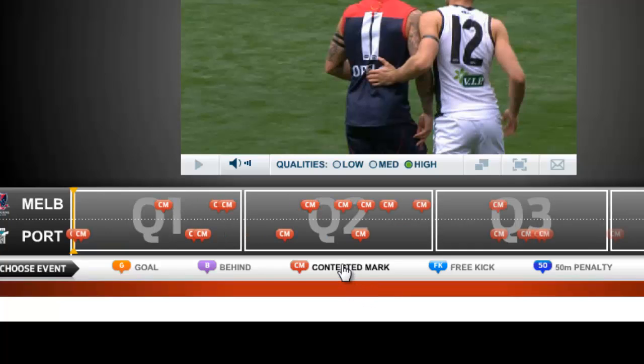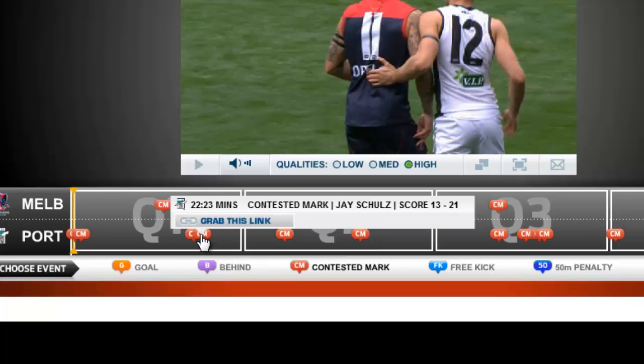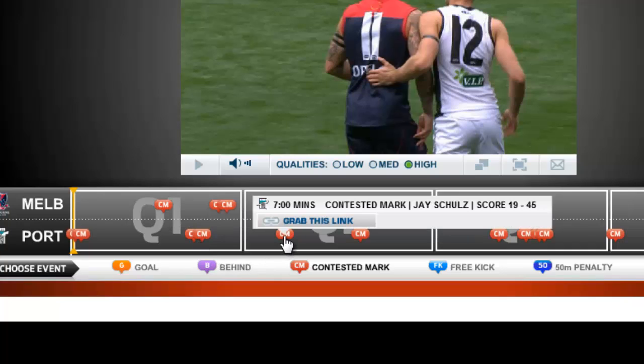So I'll click on the contested mark option, and I know that the one I'm looking for is a hanger taken by Jay Schultz. So you can see here, if I hover over them, it tells me who's taken these contested marks. So there's Jay Schultz, it's in the first quarter. Now I know that this mark actually took place in the second. So if I hover over this one, okay, you can see that's the one I want. So if I click on that,